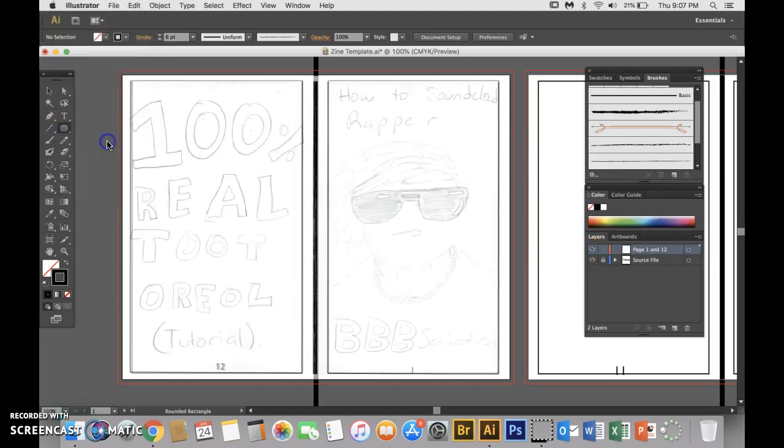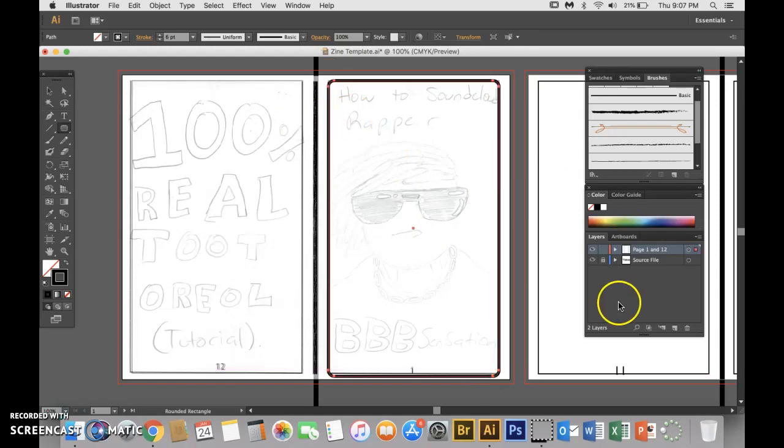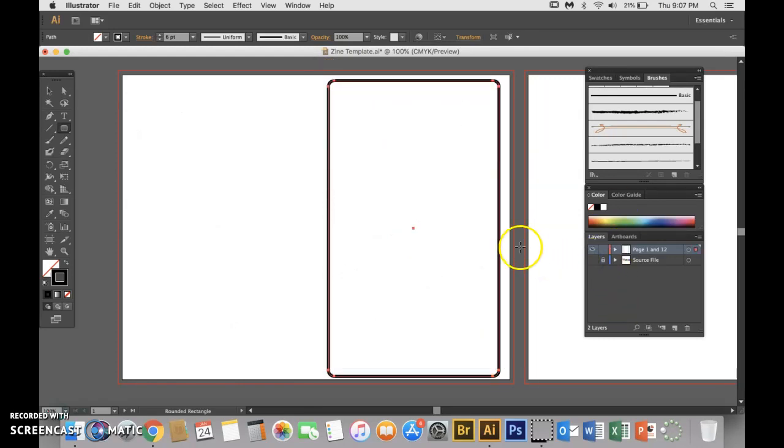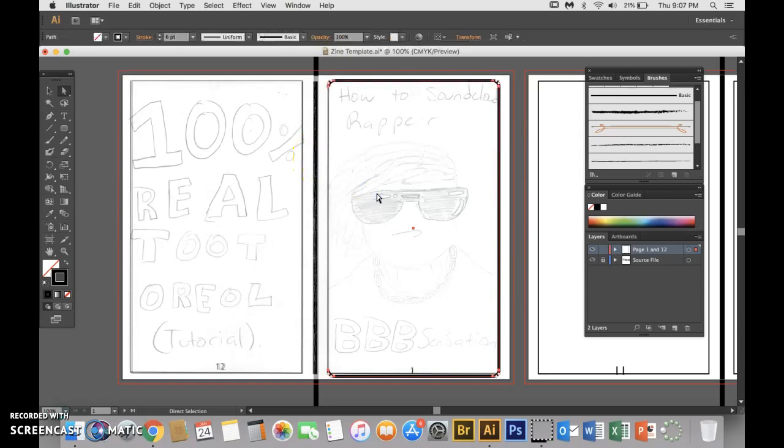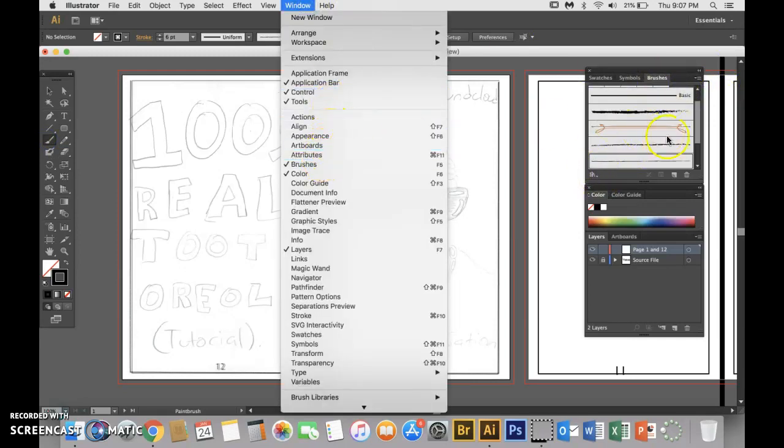You can do a rounded rectangle tool, which is the same except your corners are rounded. So you can see what that looks like. Again, I'll delete this. One thing that I like to do is I kind of like it to have this not such a precise feel. So I use a brush, and if you go with your brushes window open, remember that's under Window, Brushes,